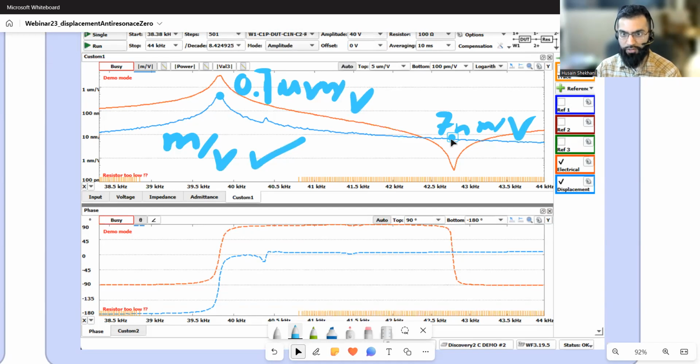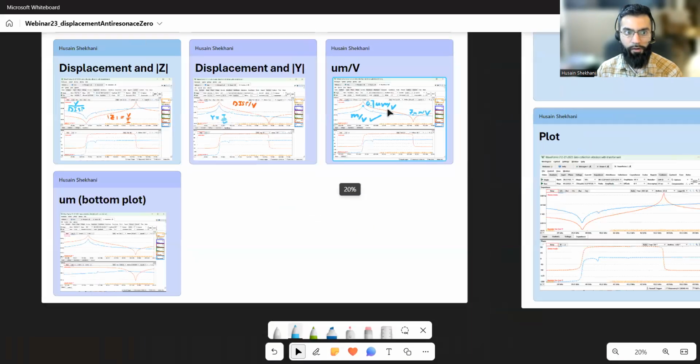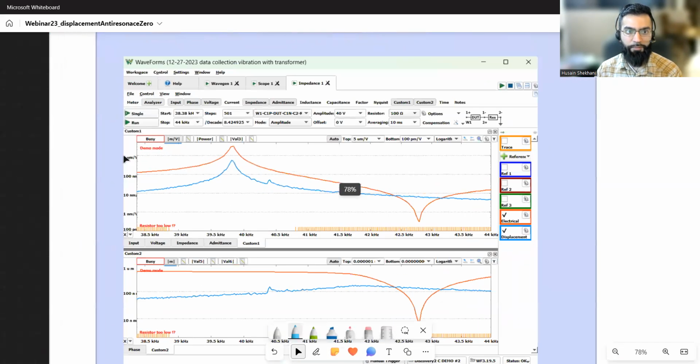So you can drive your transducer to anti-resonance, you can locate it electrically, and you'll always have this value 0.7 nanometers per volt. All you have to do is select the correct transformers in order to deliver that high voltage, but you'll draw the same current or power from those two methods. And here I'm actually plotting